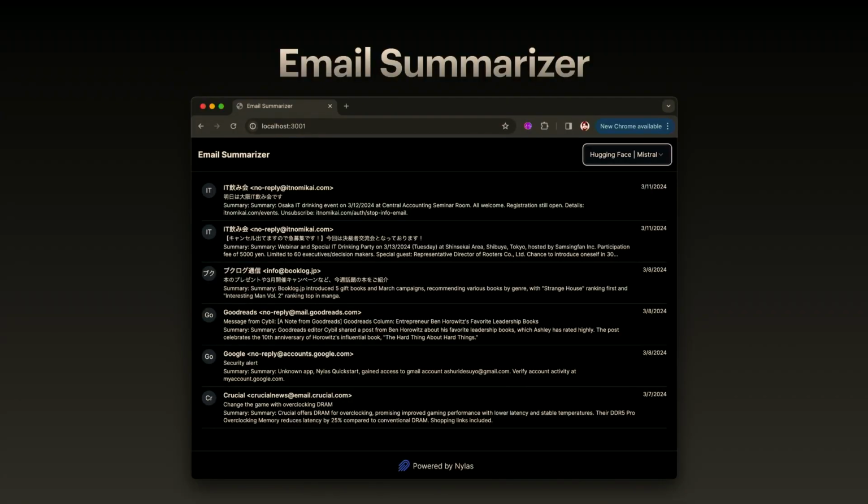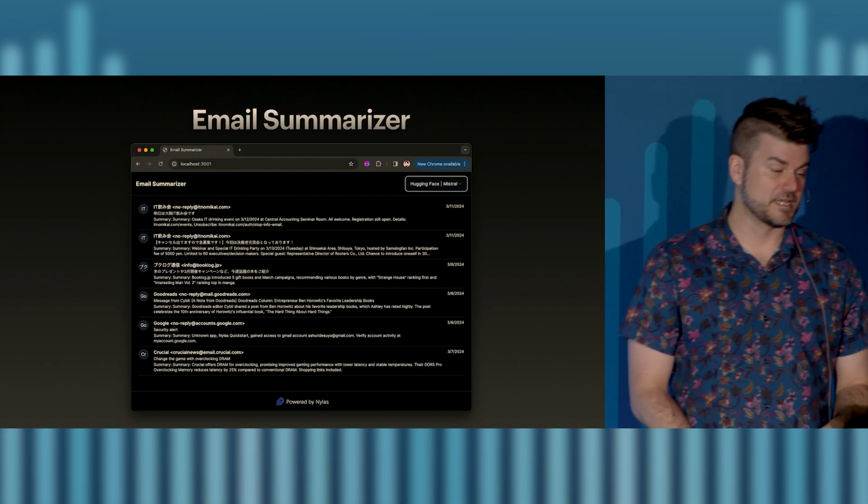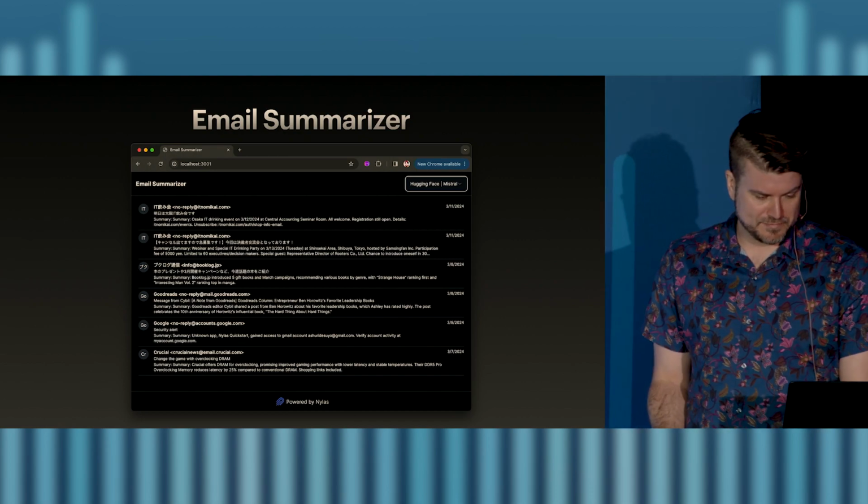So we're going to have a look at just a basic example of building an email summarizer. The point here is not the email, but on the other side, what we're going to dig into in the code itself is how we're actually calling all the different AI models. Because some of the points that were made this morning in the talks were that you're orchestrating across all these different services, and they all speak differently. There's not really a common footprint for how you talk to an AI model across all the different surfaces and services. So I want to show that off here today.